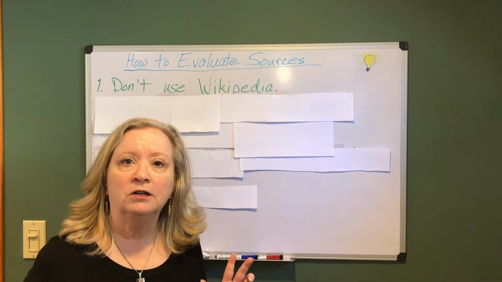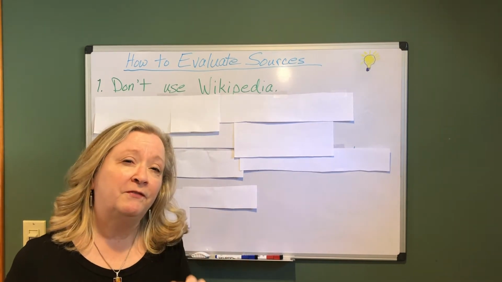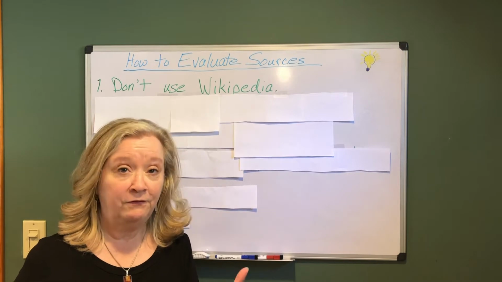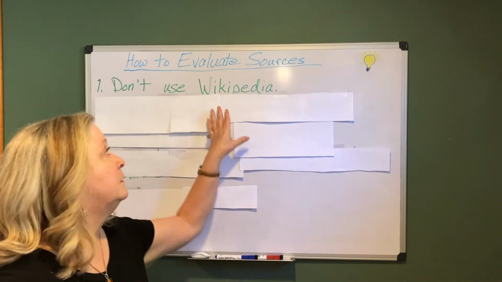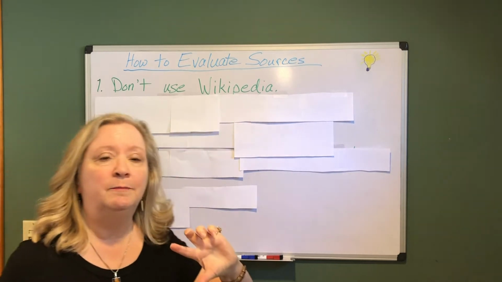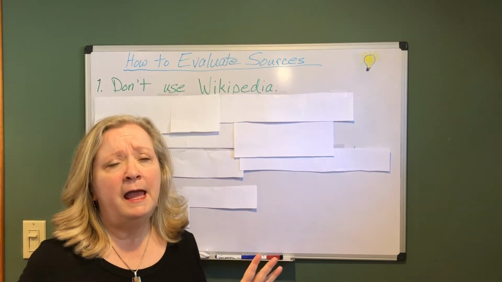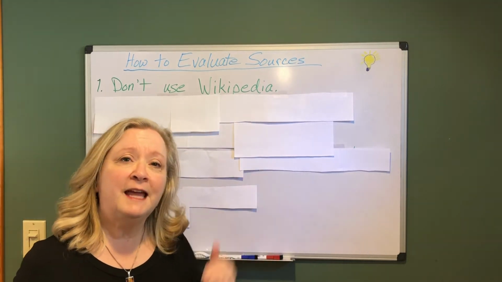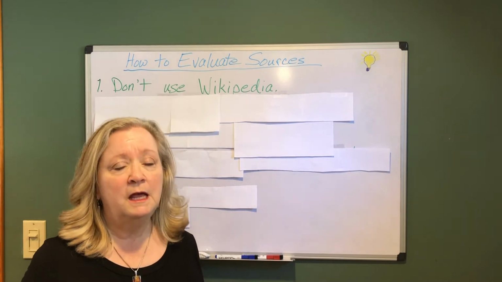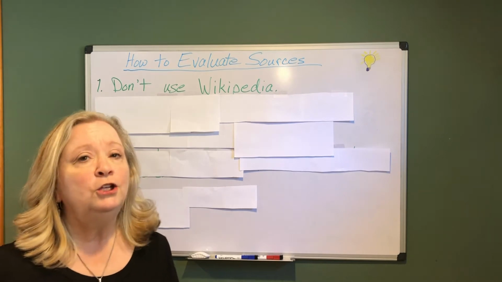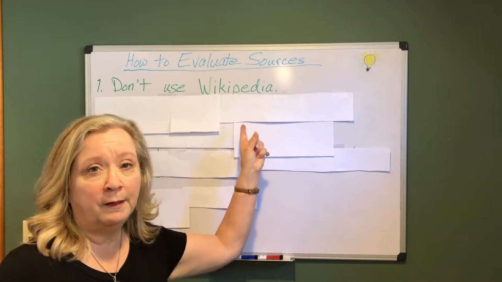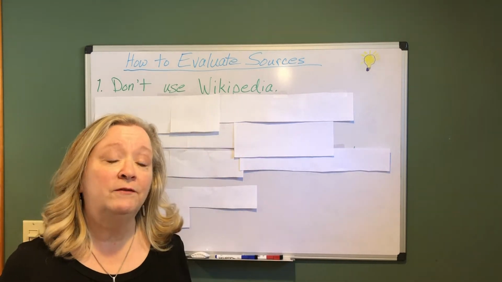But because the articles are not vetted by professors in the field, you can't quote from them. These articles can be edited by almost anybody, and because of that, you have to take what you're reading with a grain of salt. They're great for quick background, like I said. However, you don't want to quote from Wikipedia in a college level paper.